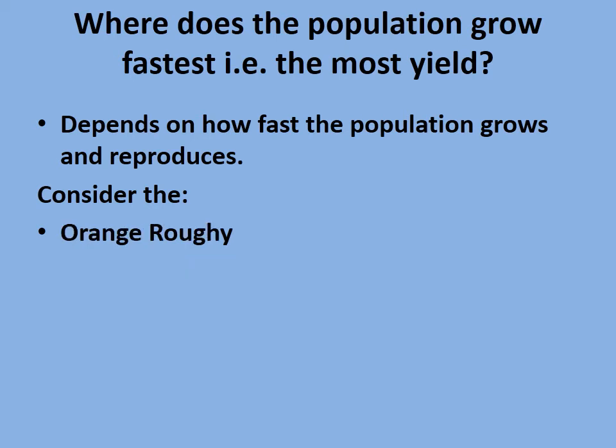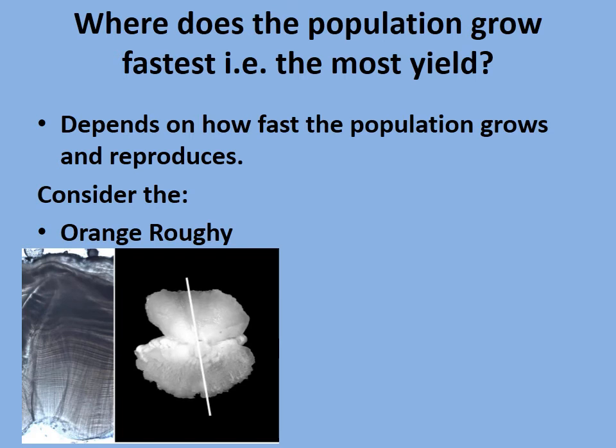Let's consider the orange roughy, though. By using something called an otolith, which is a bone that's taken out of essentially the ear, there are two of these on either side of the skull. You can cut these in half along that line that's shown, and count the rings like counting the rings of a tree, and you get the growth, and each of those will signify a period. Might be a year, might be less time, but it's a growth period. And so you can count those and you can figure out how old these things are.